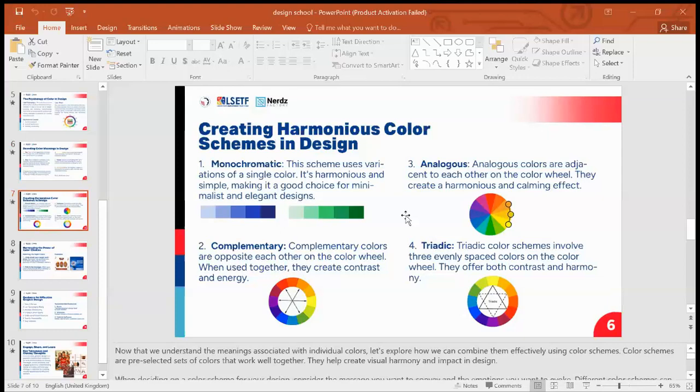So the first one is monochromatic color. Mono means one, chrome is color. So monochromatic, right? One color. This scheme uses variation of a single color. It's harmonious and simple, making it a good choice for minimalist and elegant design. So without going far, monochromatic color is you just use one color, then you use different shades of it or